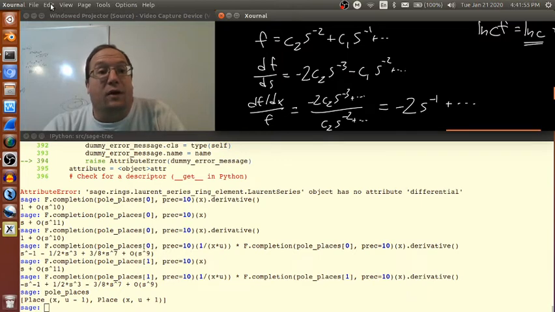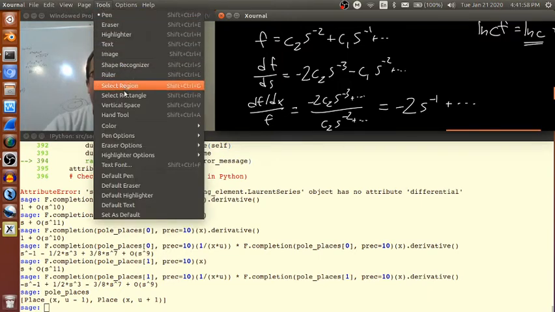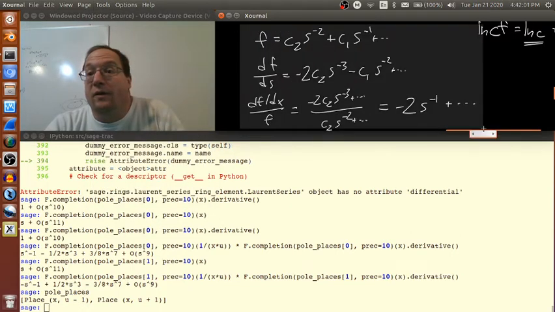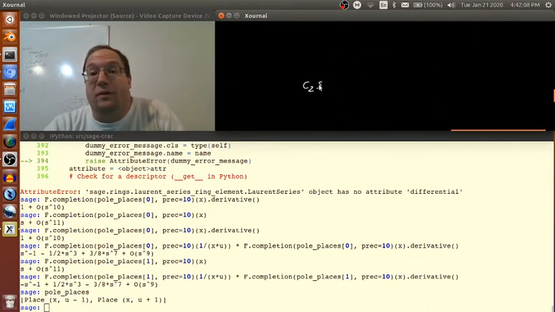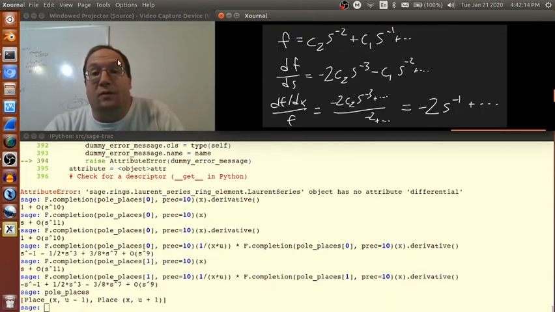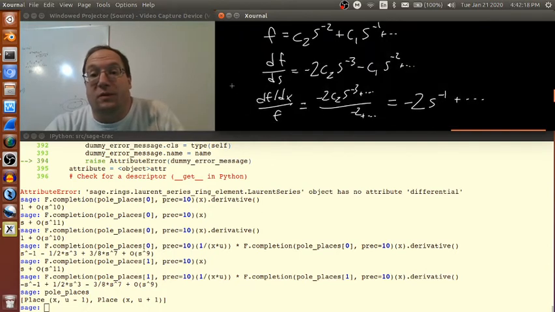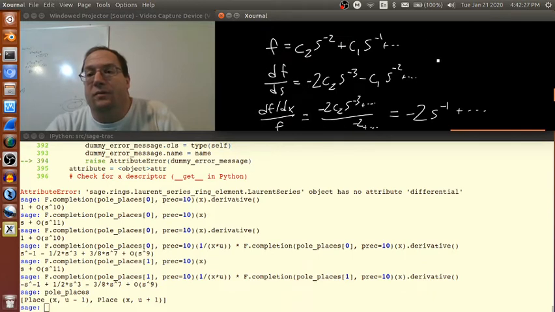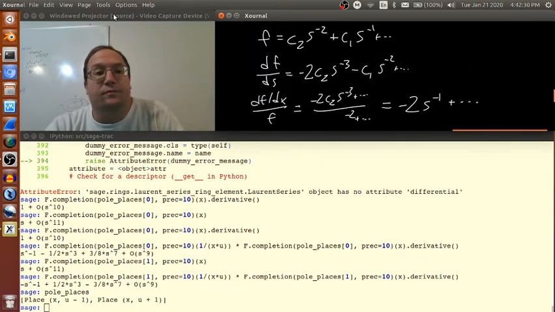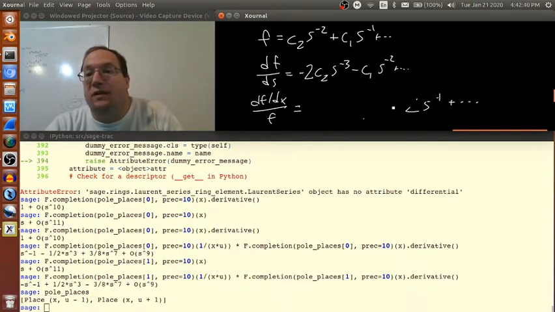What can we do here? Copy, and if I were to take all this, copy it, move it down a bit. I don't know what just happened there. Paste it. Yeah, that's what happened there. Here's my C2. Oops. Tool, pen. All right, so the illustration I'm making here is,